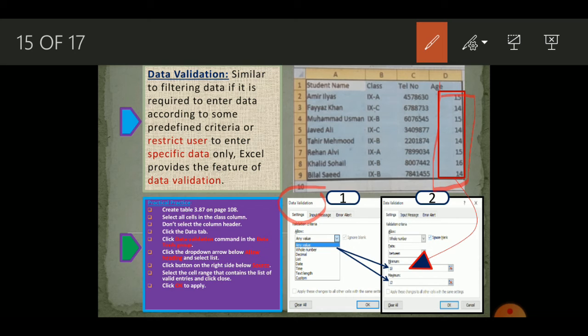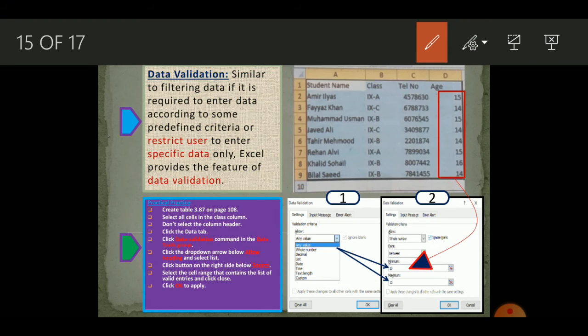Under the allow heading, click on this cell value and it will show a drop down menu. From here you can select either whole number or decimal number, and then you will be shown the area with the values minimum and maximum.